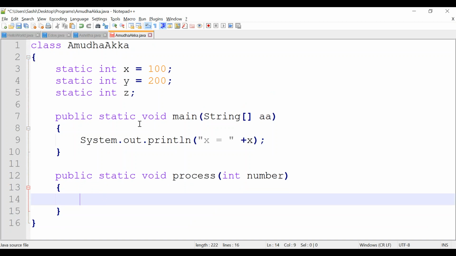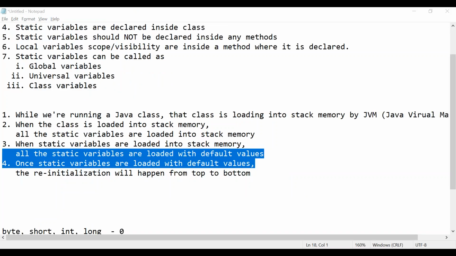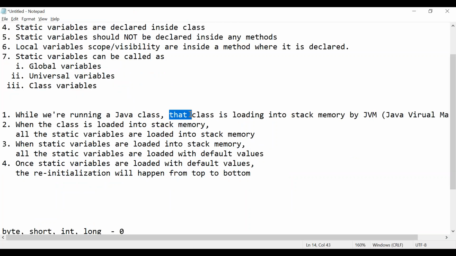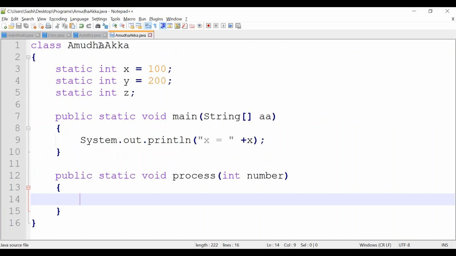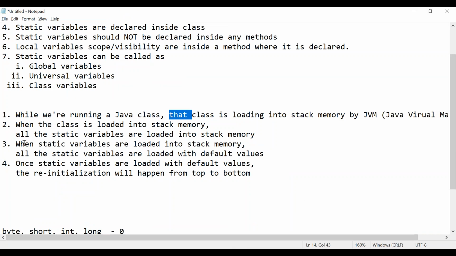Now what will happen when the class is loaded into stack memory? First point is, while we are running that class, that class is loaded into stack memory by JVM. And second point is, when the class is loaded into stack memory, all the static variables are loaded inside stack memory. X, Y, Z all are loaded. What is the third point we have seen?